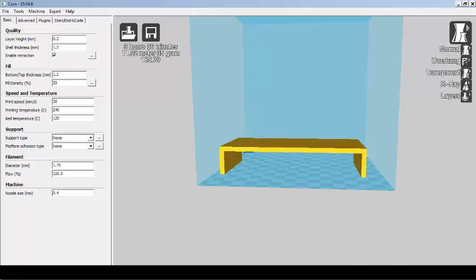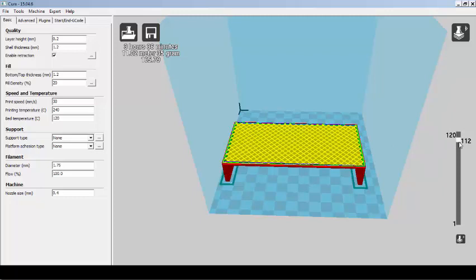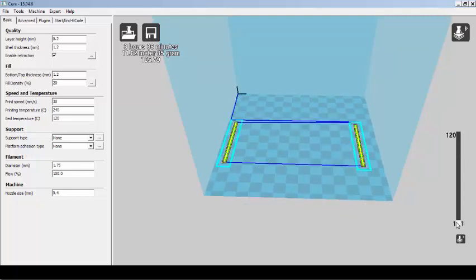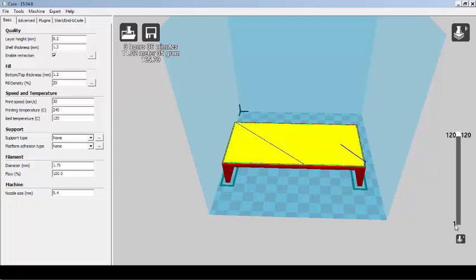So if we come here and select layers, you can see there is layer 1 and layer 120, which means there are 120 layers, and in each and every layer you can see the material added. So in this area only this much area material is added over here, and that is the bottommost portion, only here the material is added. Now it is possible to increase the number of layers, it is possible to decrease the number of layers. All these options are available.